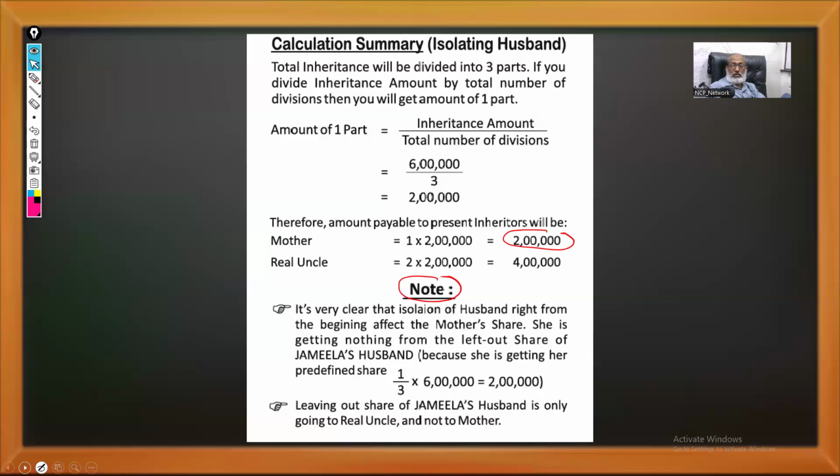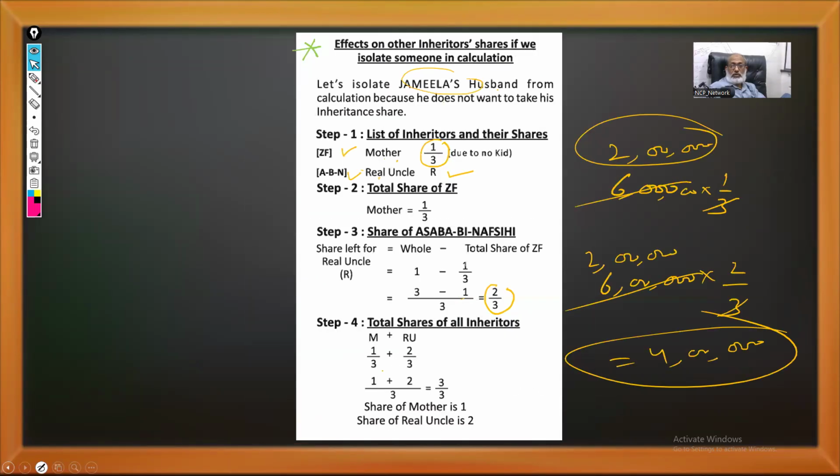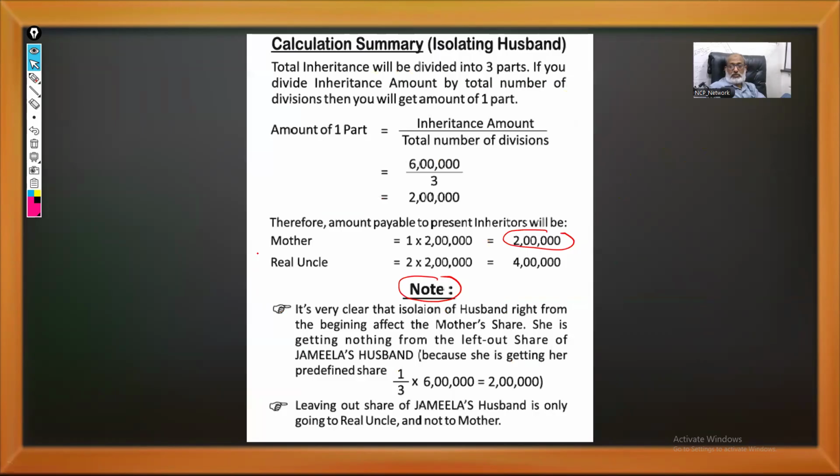So if we isolate someone from the calculation who doesn't want to take his or her share, such types of issues can occur. So take care of the person who wants to leave his or her share; keep it in the calculation until we find out the fractional shares. So that was the second discussion